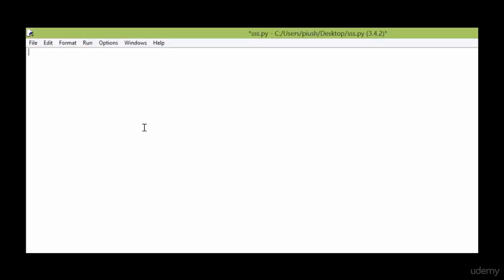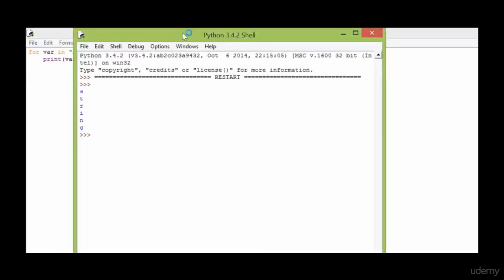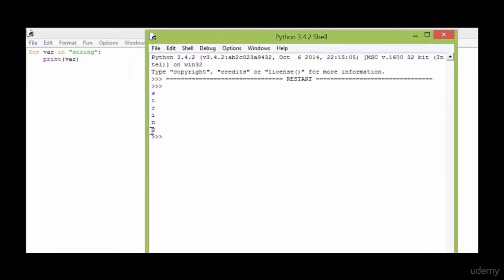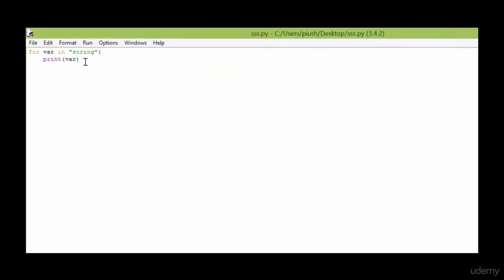So now let us understand a break statement through a simple program. Here I opened a Python shell and now I'm using a for loop to understand a break statement. Here string is a simple character. So now I initially print a simple for loop. Now here we get the result from S to Z, which is a simple for loop result. Now what happens when I put a break statement inside this for loop body?